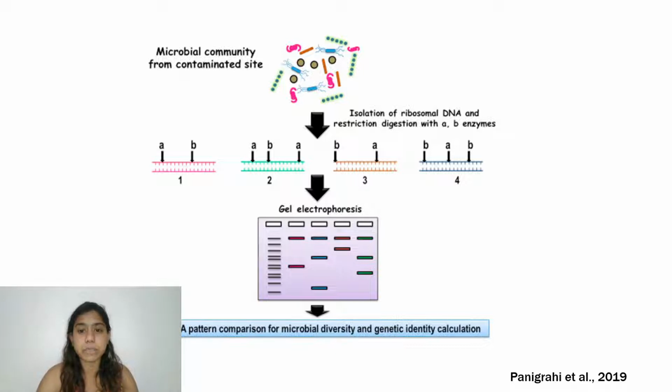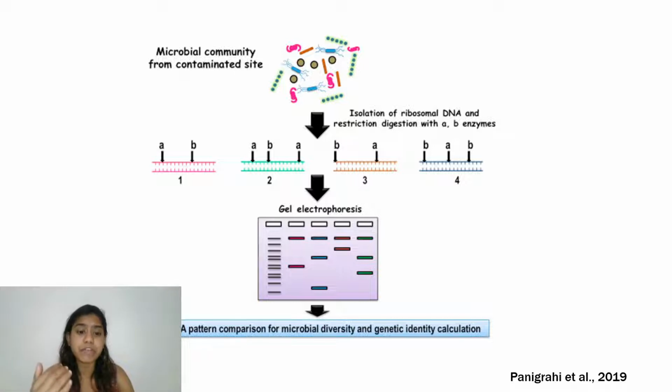This is one of the major milestones in molecular biology, where we are now able to assess a large pool of DNA, let it be ribosomal DNA or genomic DNA. And when we cut it into smaller pieces with restriction enzymes, we will now be able to assess the pattern of the cut sequences. So we know what are all the regions at which the restriction enzymes will cleave. So we will be able to assess what might be the DNA sequence at that particular region where it is